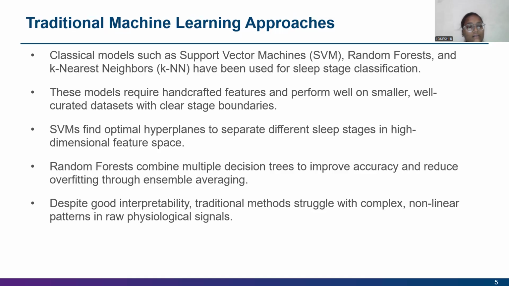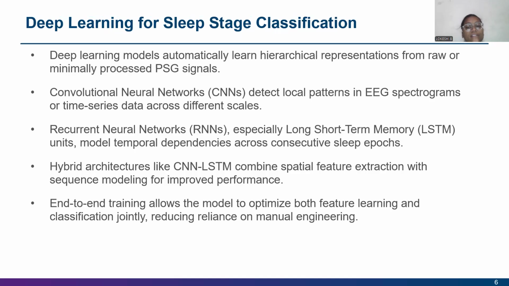And next, deep learning for sleep stage classification. Deep learning models automatically learn hierarchical representations from minimally processed PSG signals. Convolutional neural networks detect local patterns in EEG spectrograms or time series data across different scales. Recurrent neural networks, the RNNs, especially long short-term memory units, are used to model temporal dependencies across